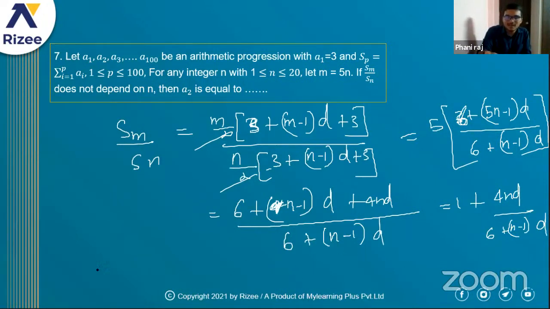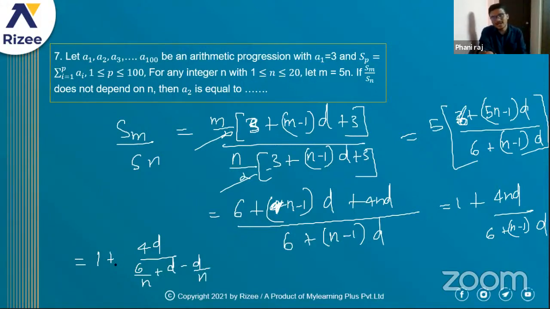Now what happens? That same thing can be written as 1 plus 4d by 6 by n plus d minus d by n. I'm just bringing n down. Now you see,